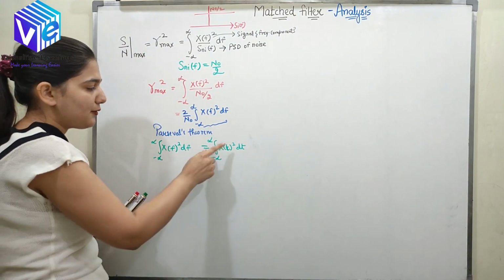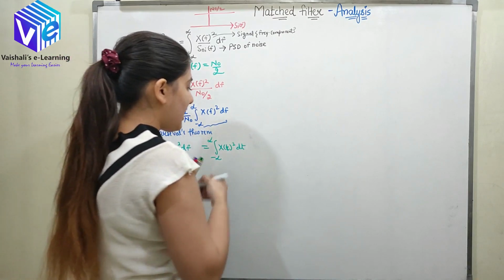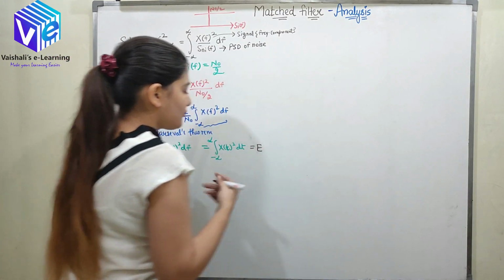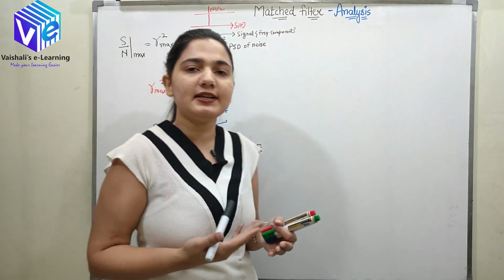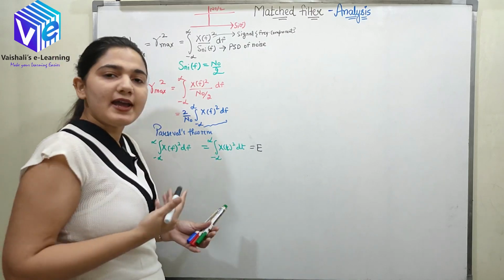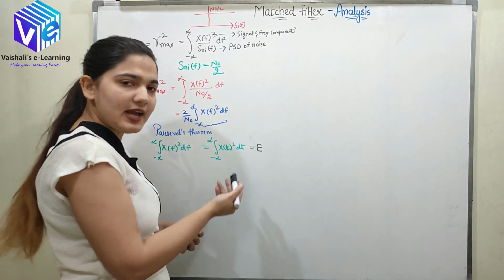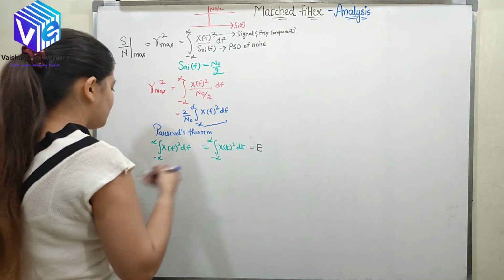I hope you remember this term represents the energy of the signal. If I integrate the square of the signal over minus infinity to infinity, it gives me the energy. So now gamma square max would be